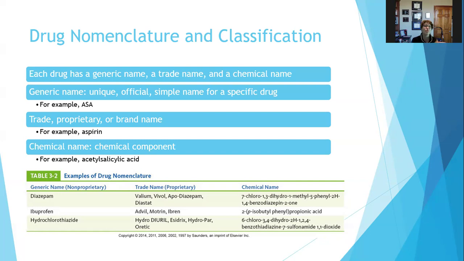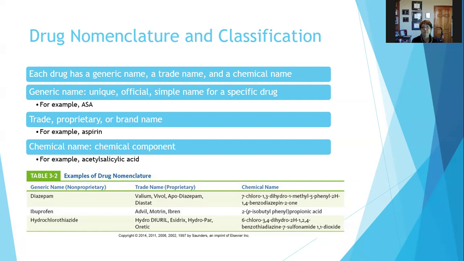And hydrochlorothiazide, another common drug. It's a diuretic. It's used for high blood pressure, and has lots of different trade names. But they're all the same chemical name. So it's all the same drug. The trade name depends on where you get it, which manufacturer makes it. And diazepam is the generic name; trade names are Valium, Vivol, Diastat, proprietary to the company that makes them, but they're all the